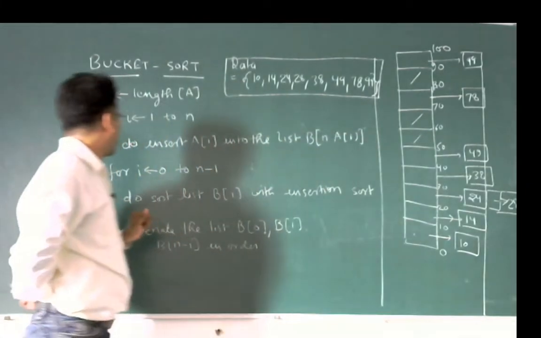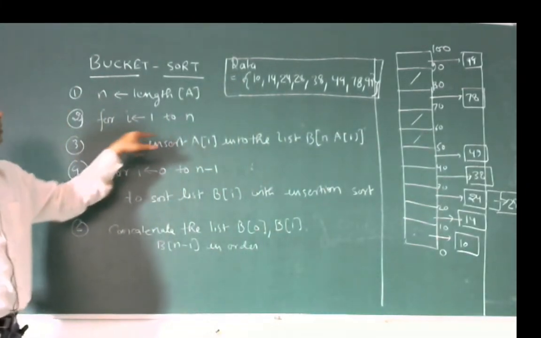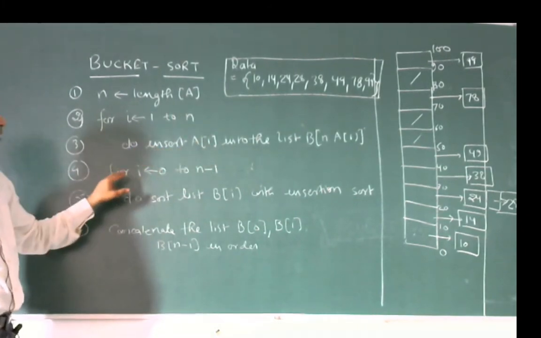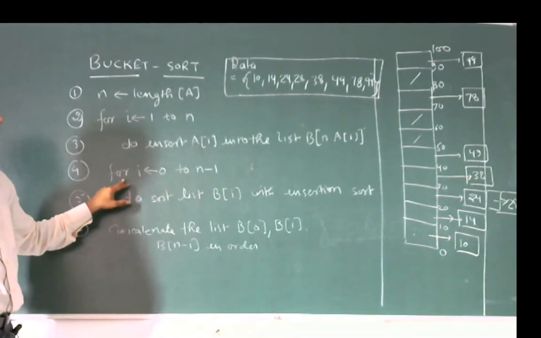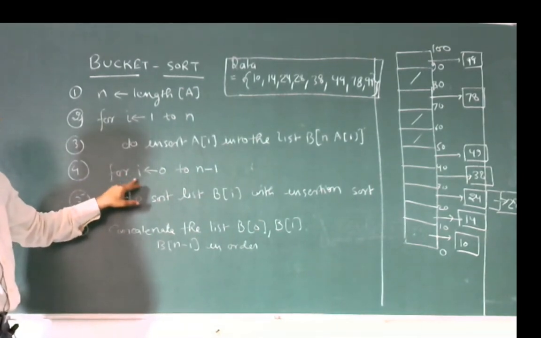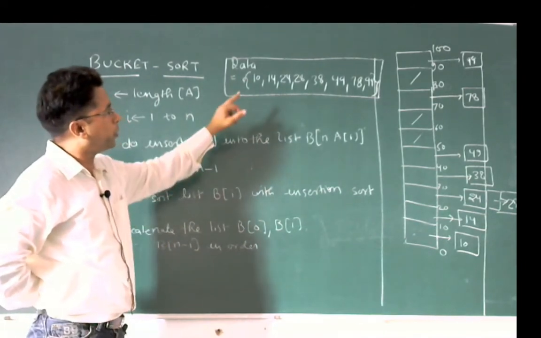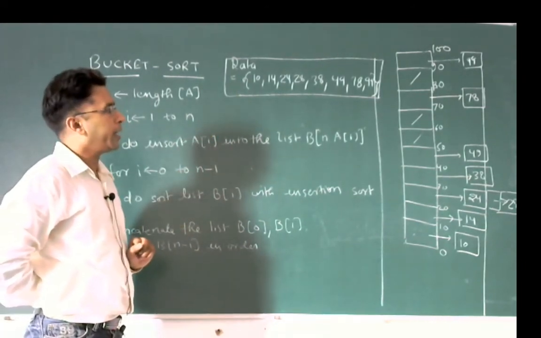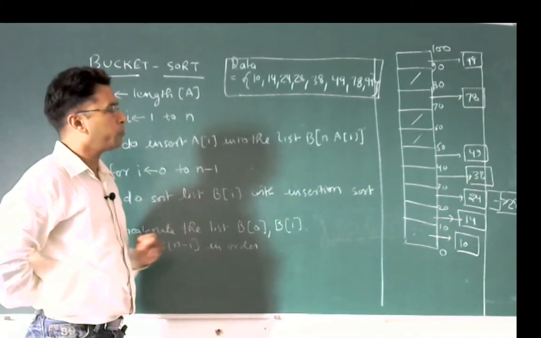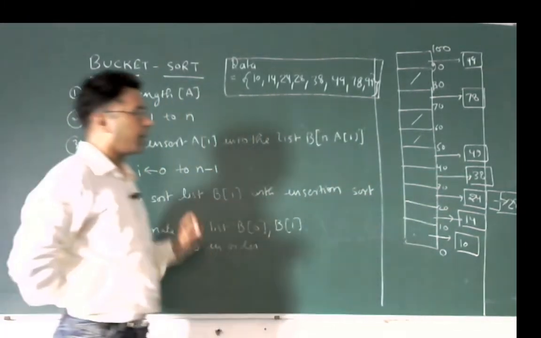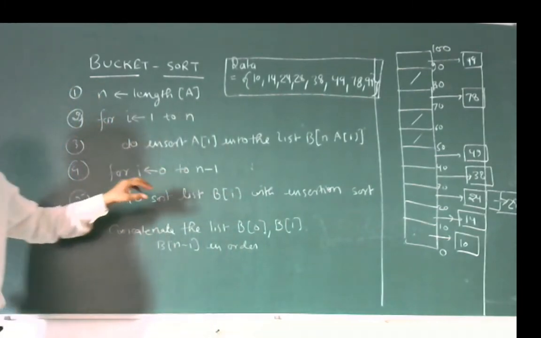bucket are referenced together. When we allocate data into different bins, after that we initialize a for loop which again applies over this. For example, here the two data elements 24 and 28 are lying in the same bin which starts from 20 and ends at 30. Here 24 and 28 are being inserted into the same bin.